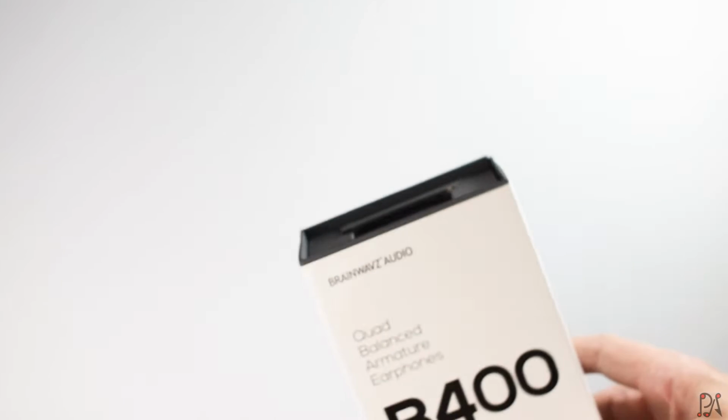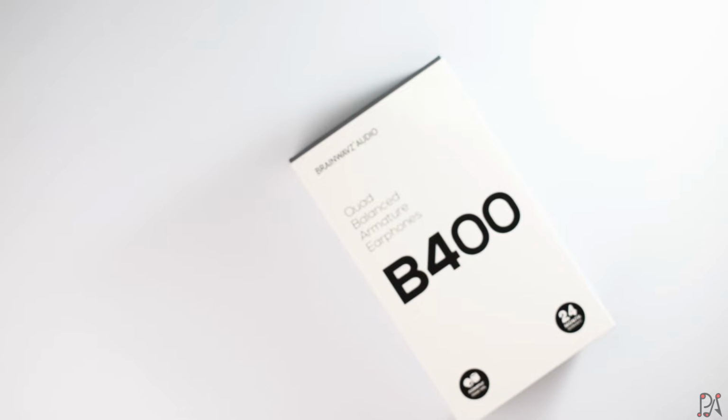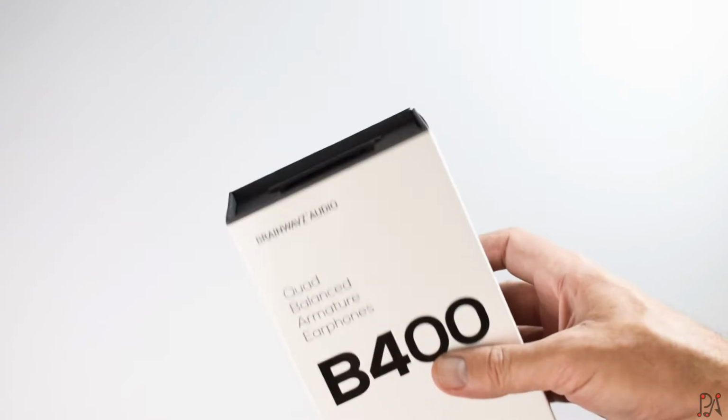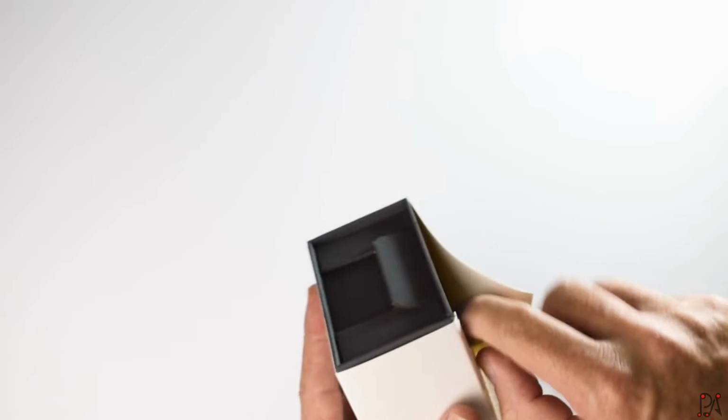Something I've noticed with this box, and recently with the Brainwavz Koel, I'm not sure if that's how it's pronounced, K-O-E-L, but that one also had a very tight fitting outer sleeve. As you can see, I've already torn this one trying to get the sleeve off, and I can't see any other way to get into the box without actually tearing the sleeve open. That's a bit of a shame, and it's something that Brainwavz might want to look into,